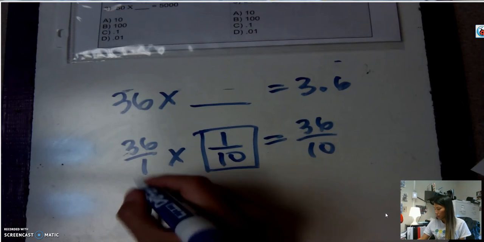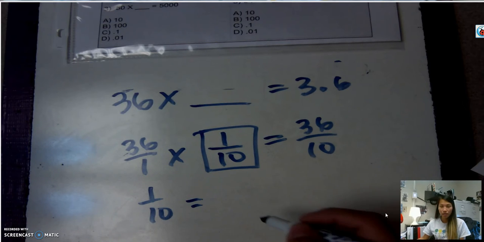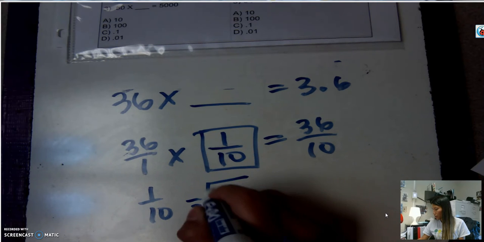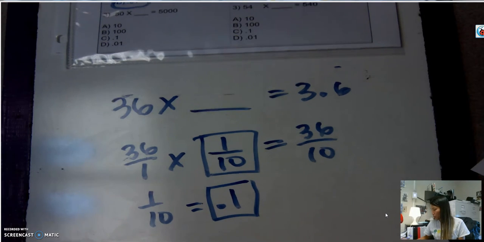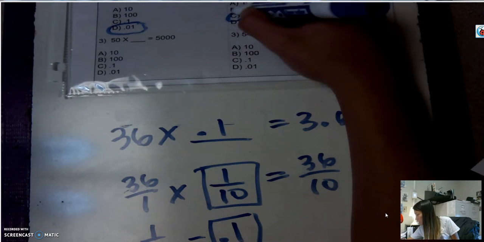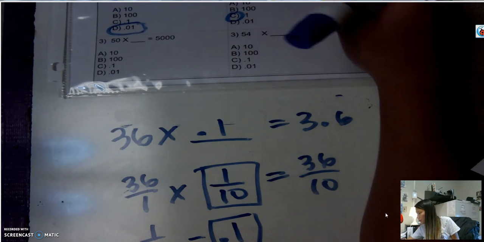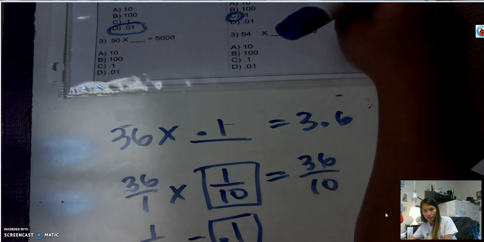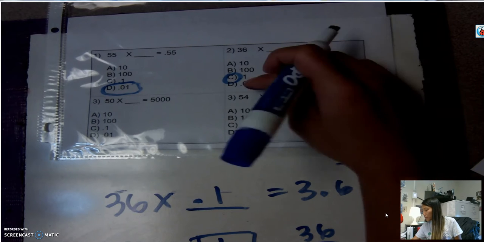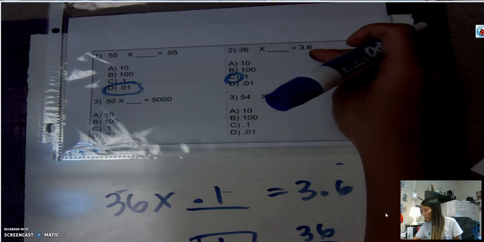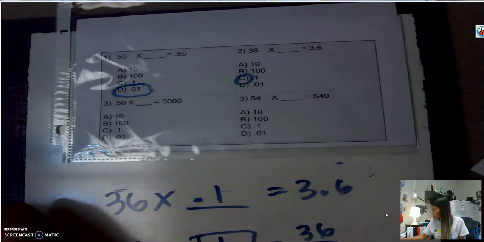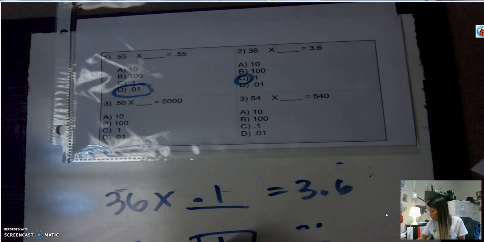And as a fraction, we're going to put it as 1/10. It's equivalent, or the same thing, as 0.1 in decimal form. And so I know my answer will be 1/10. Okay, so then my answer will be C, because 36 multiplied by 1/10 will give you 3 and 6/10. Okay. So now my next problem